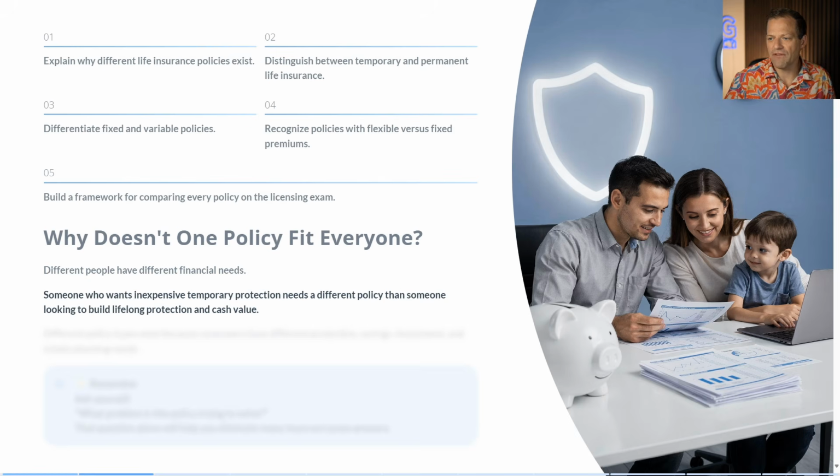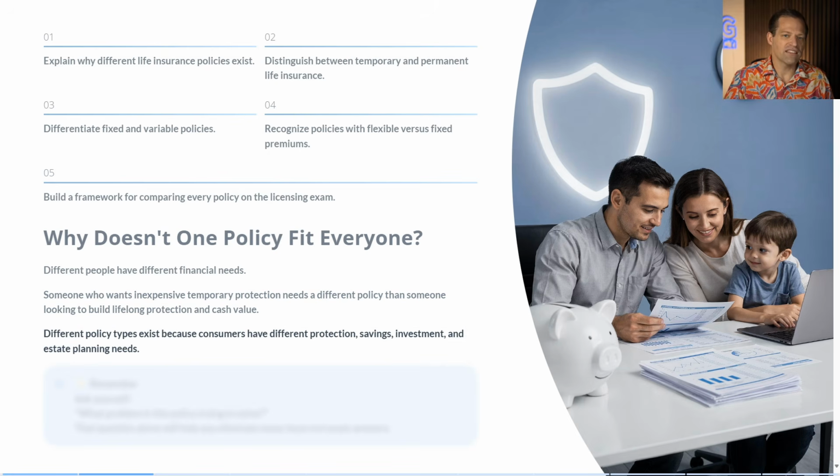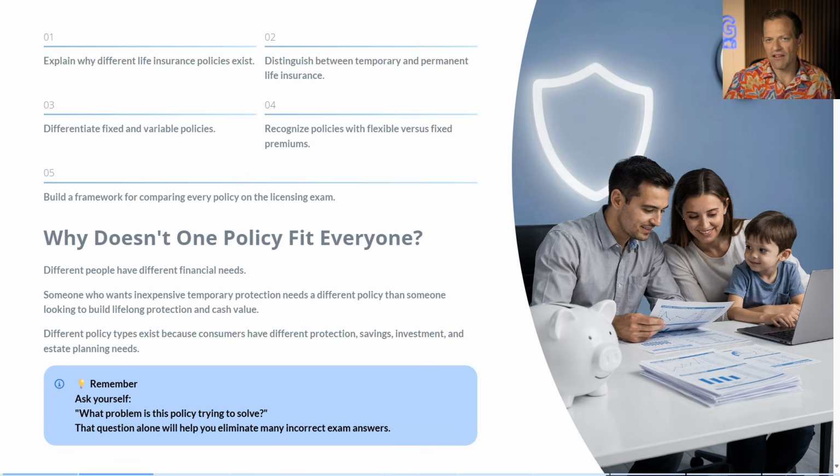So understand people have different financial needs. Some people need inexpensive temporary coverage. A lot of people do. Whereas some people need a lifelong policy that lasts forever, that has cash value or cannot expire. And so these are why these exist, to solve problems effectively. So remember, ask yourself, what problem is this policy trying to solve? Conceptually, that's going to help you understand why you would choose one or the other and prepare better for the